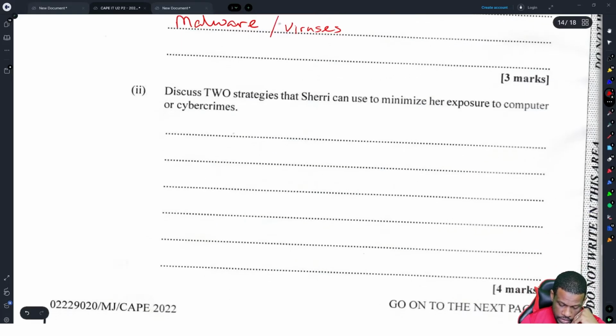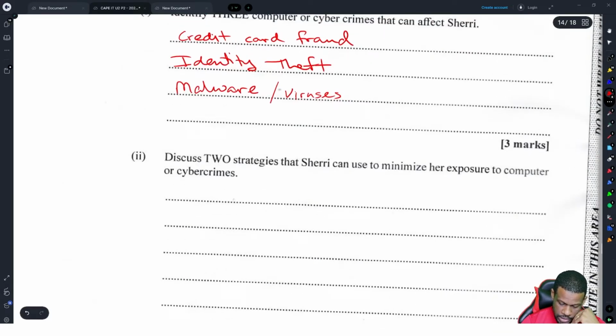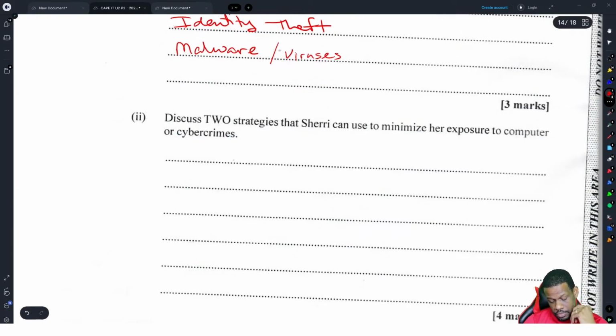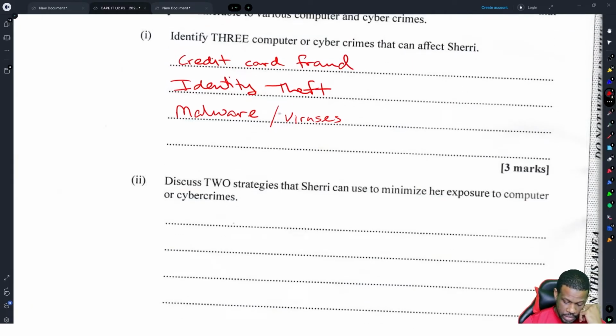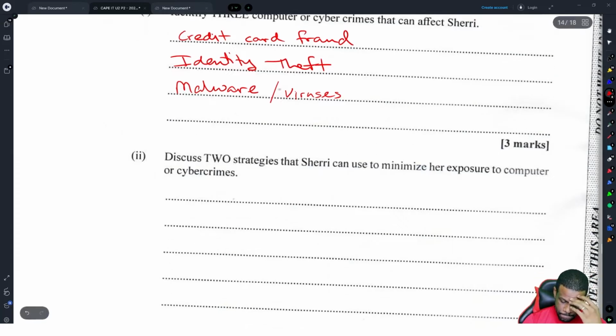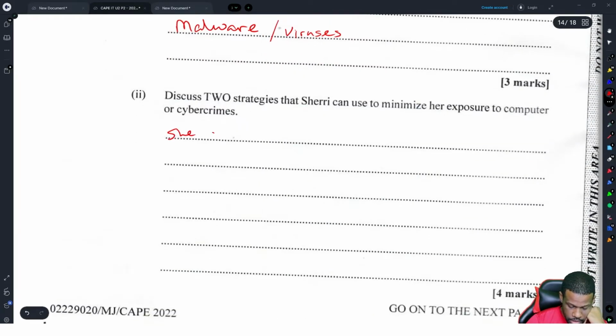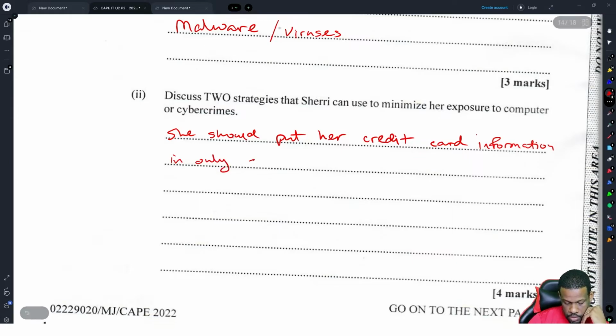Discuss 2 strategies you could use to minimize the exposure to computer and cyber crimes. Now they just have general computer and cyber crimes, but I guess we should try to pull out one of these here. So let's say we could deal with credit card fraud. She should put credit card information only on secure sites